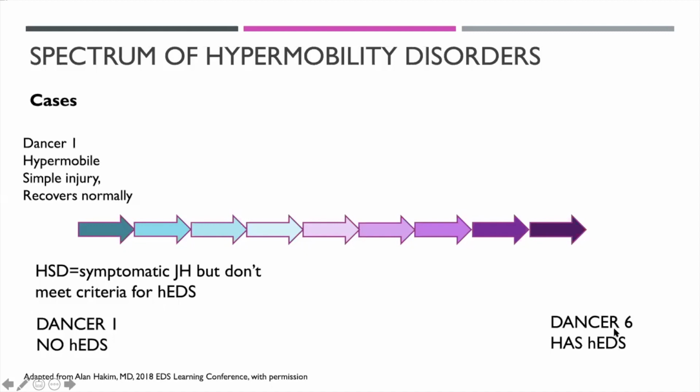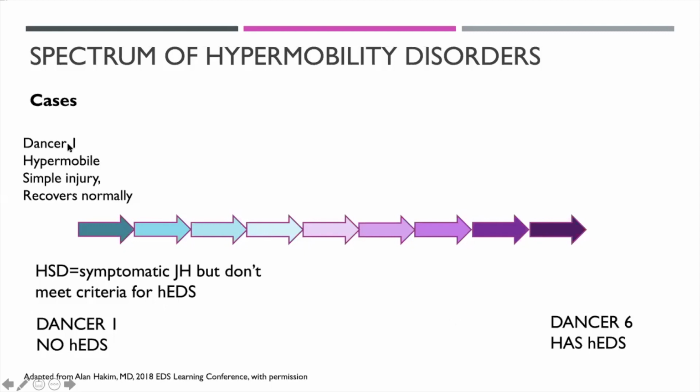Or are they going to fall more on the far right side, where they have much more symptoms, and they have symptoms that are suggestive of a connective tissue disorder and are therefore more likely to have hypermobile EDS? It's important to keep in mind that this is an approximation. This is not an absolute, and everyone needs to seek the care and advice of their own healthcare practitioners.